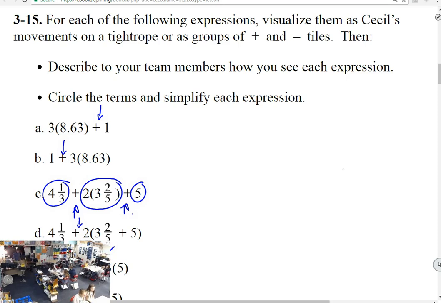You do 3 times 8. What'd you get? How high is your process? 3 and